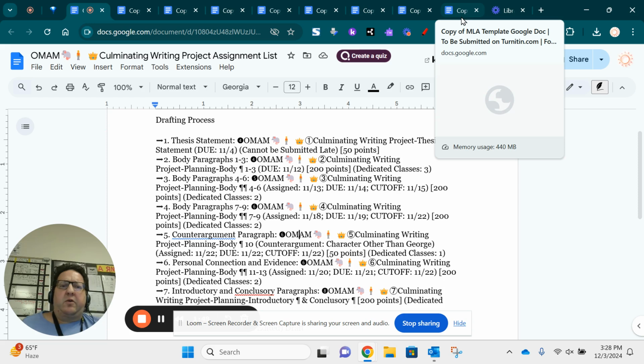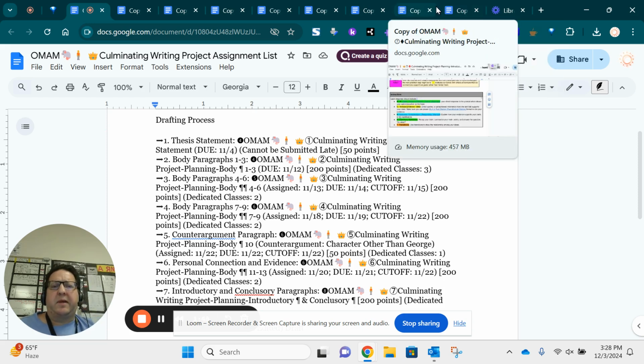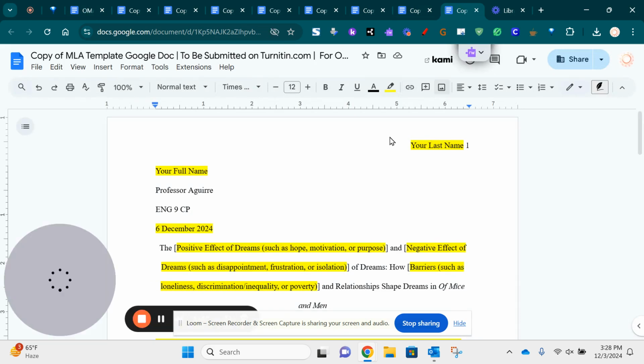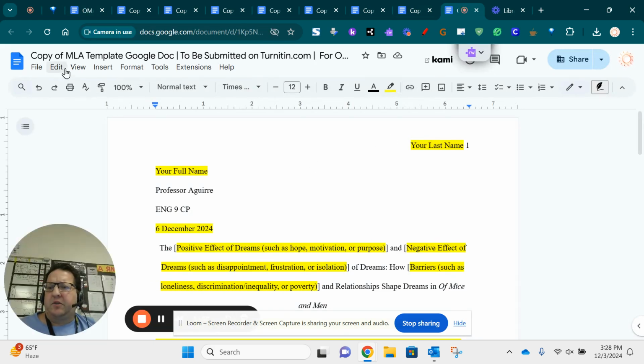So when I put the assignment out there, you'll have this document right here. It'll be like an MLA template in Google Doc format, essentially. And it'll look like this. Of course, all the stuff that's highlighted we will need to change. I'm not going to go over that stuff in this video because it's kind of generally applicable, so I'll talk about it in a separate video. For this one, it's really more about just putting all the pieces together. So you're going to have this document.